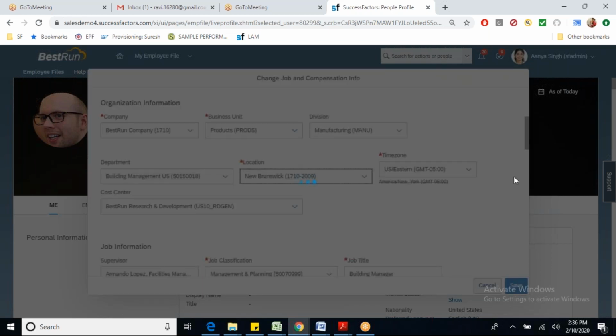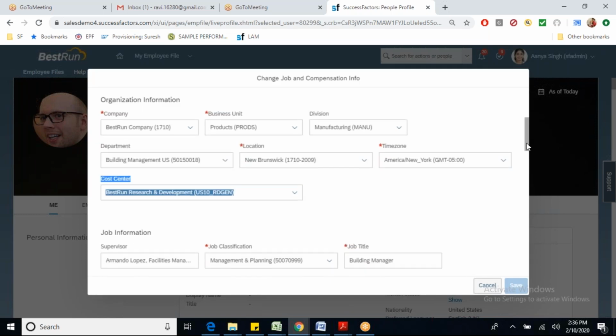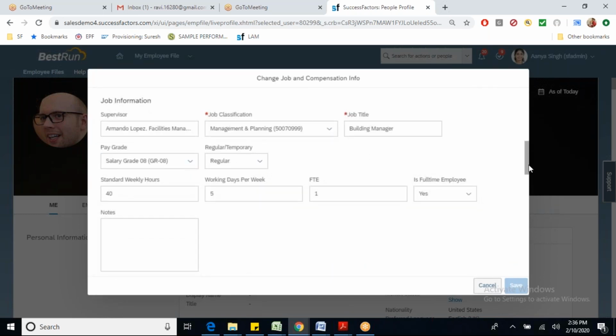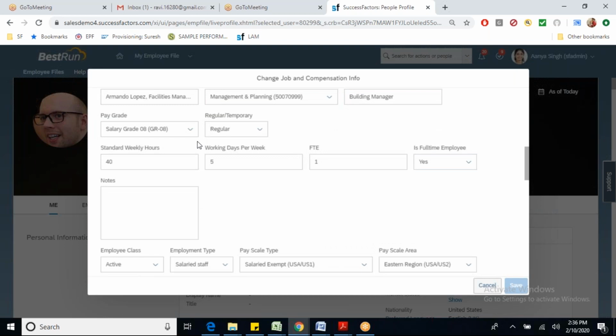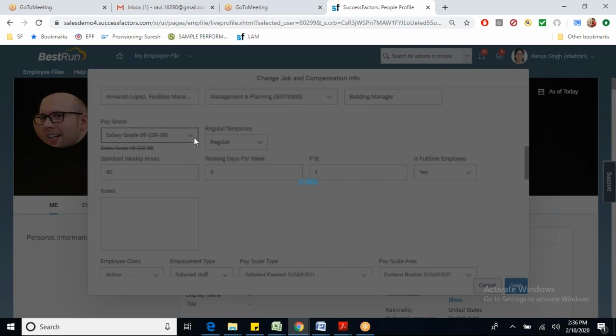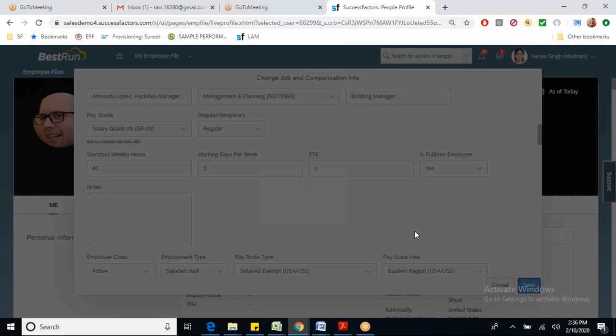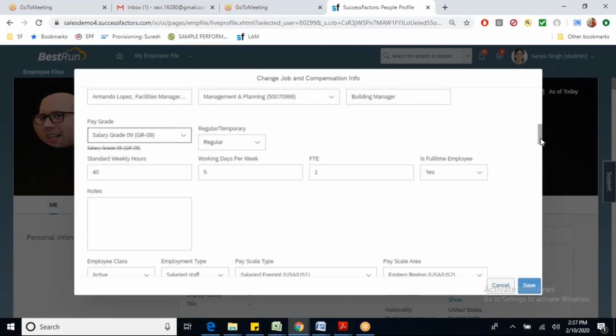Now instead of this, I will change the pay grade to GR09. I will change the grade. I'm not selecting any event or event reason.